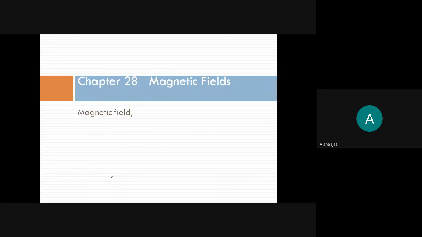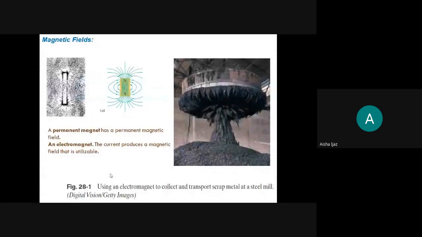And why we were discussing that? Because we are starting magnetism now, and in the coming lectures you have to deal majorly with current, because we have to do Faraday's law, Ampere's law, and discuss the basic definitions of current and magnetic field. So the current will be used everywhere. So we are going to start chapter 28 from Halliday, Resnick and Walker, and the title of this chapter is magnetic field. Now students, how do you define the magnetic field?